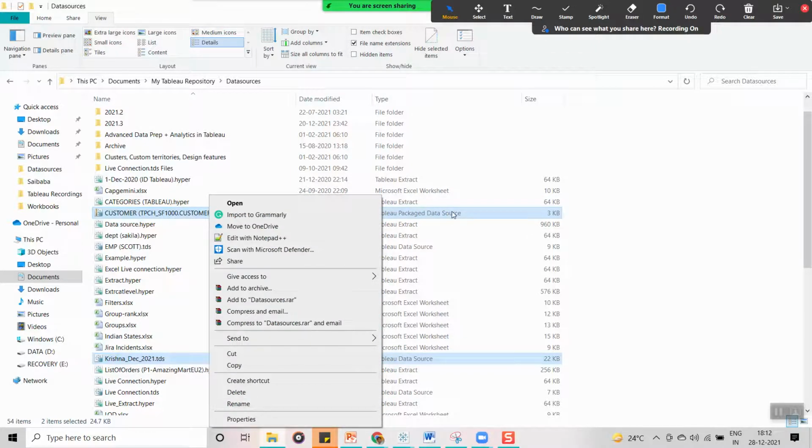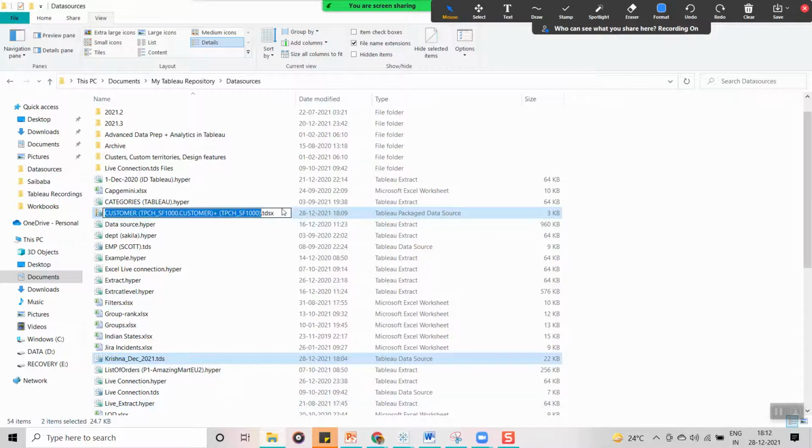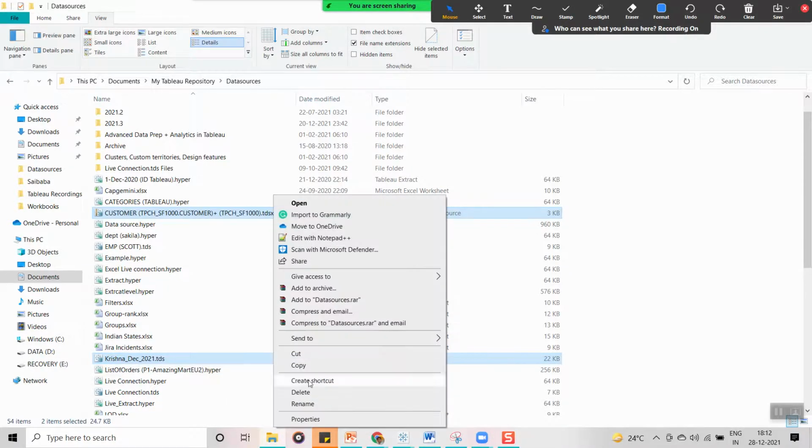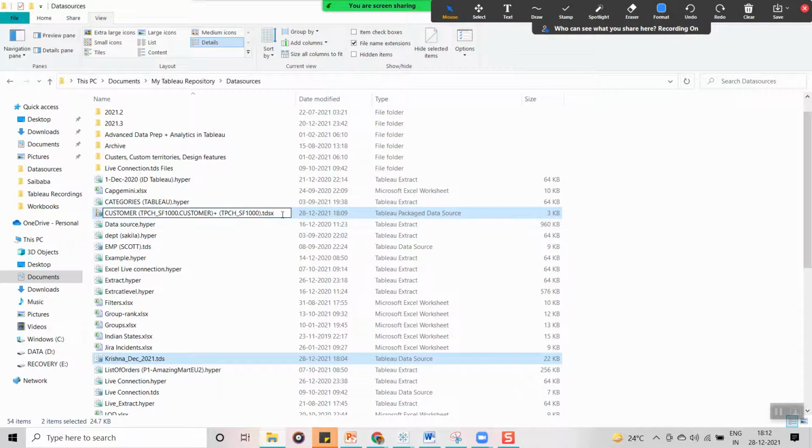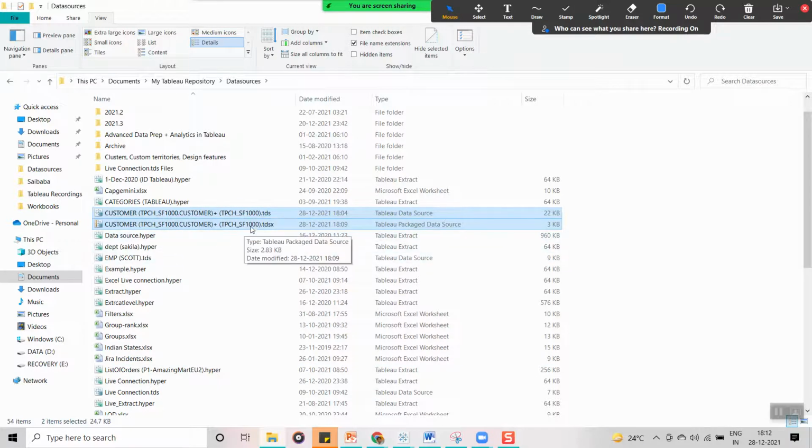So just rename it, and here just make it zip. Okay, now you can see this is converted to TDS because we don't have any extract file or something, right? So that is why it is showing. Now you can see the size of this one is 22 KB, and Krishna, whatever we can see here, is also nearly 22 KB.